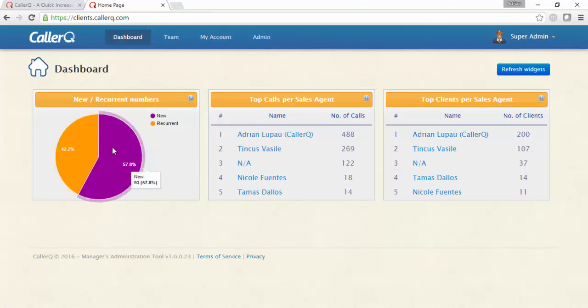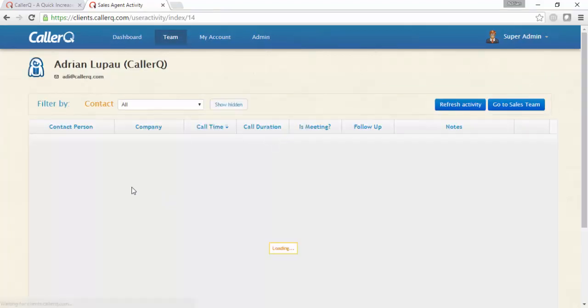Also, this chart allows me to see how many calls each person makes from the existing number of contacts, or whether that sales rep has called new numbers, which is called market discovery. If I drill down into this sales rep's activity, I would be able to see who that person